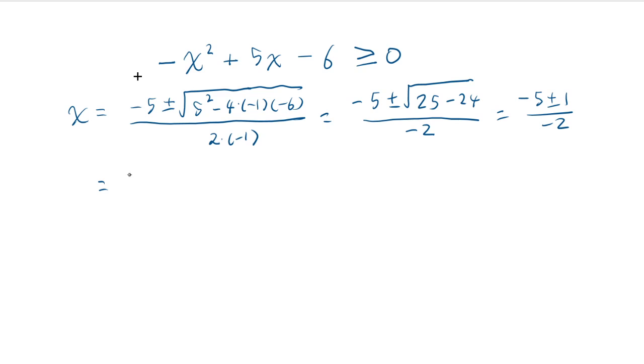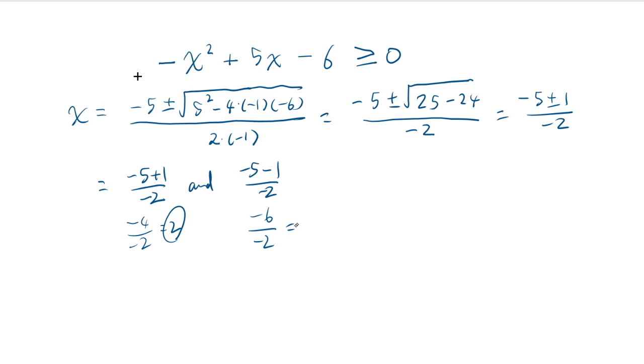And the two solutions are negative 5 plus 1 over negative 2 and negative 5 minus 1 over negative 2. What's that? Negative 5 plus 1 is negative 4. Negative 4 divided by negative 2, sorry, this is negative 2. It's negative 4 divided by negative 2, which is positive 2. And this is negative 6 divided by negative 2, which is positive 3. So you have the two solutions,